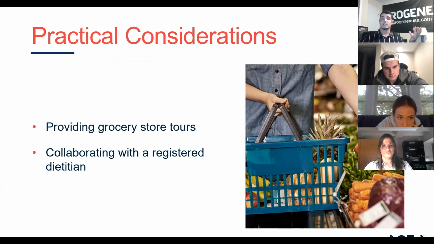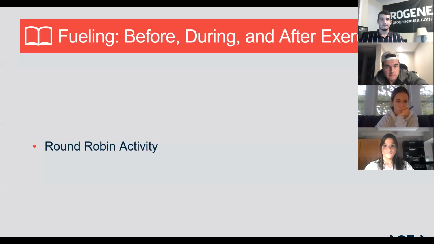Practical considerations. Now, this is something to talk about. When you go to the grocery store, maybe shop around the outside, because that's where you're going to find all the real food, and all the processed stuff is down the aisles. That's something you can share with your client to provide a super general recommendation that is probably going to make a lasting lifestyle change for them. Now they don't look in the aisles; they look in the perimeter of the store where all the real food is located. That's great to suggest. And then, as always, just saying, hey, collaborate with a registered dietitian.